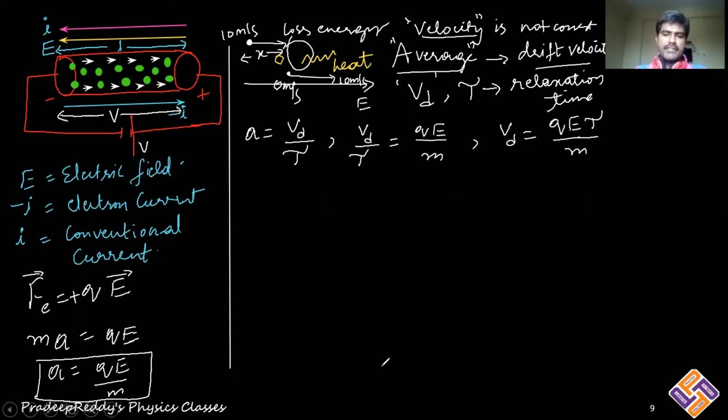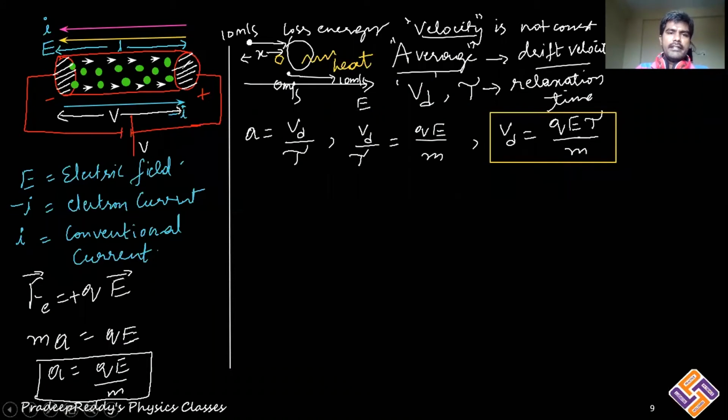This is one important equation which is used to find out the drift velocity of the electron, that is Vd. One expression we have got for drift velocity. Right. Now coming to the same figure here, let us take that there is some charge flowing throughout this area of cross section for unit time.